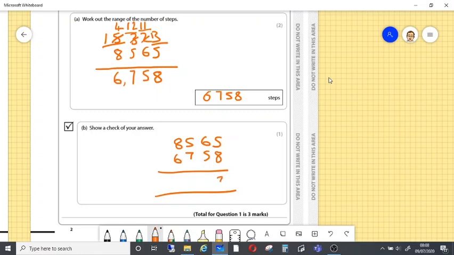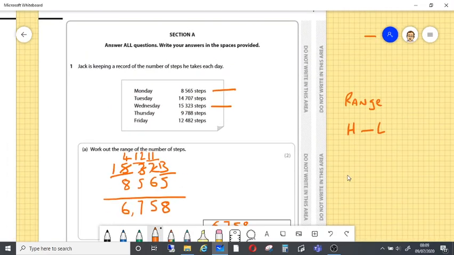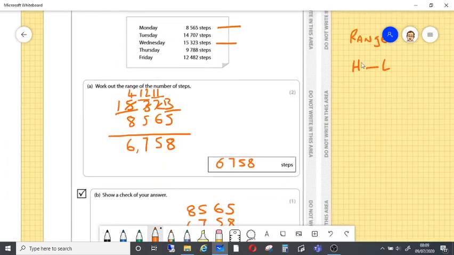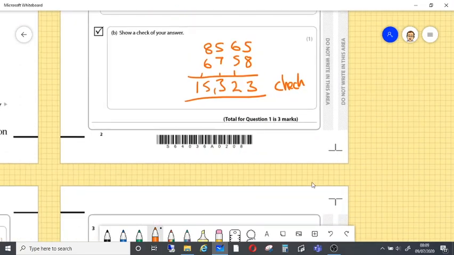5 and 8 is 13, carry the 1. 5 and 1 is 6, add 6 makes 12, carry the 1. The 7 and the 1 is 8, plus 5 makes 13, carry the 1. The 1 and the 6 is 7, and 8 makes 15,323. That's my check. Nice simple calculation, and it can be a reverse check of any calculation on the paper. I'm just checking, yeah, 15,323. That's correct. Let's move on to the next